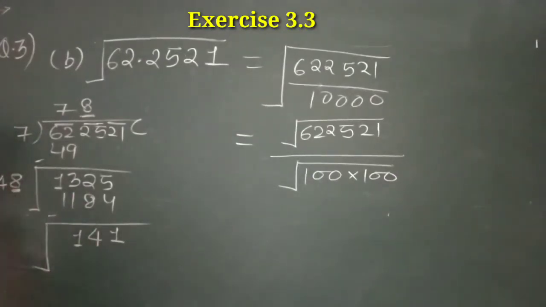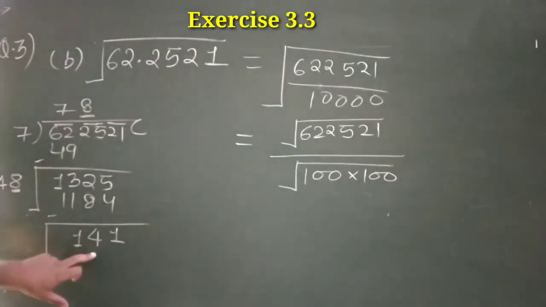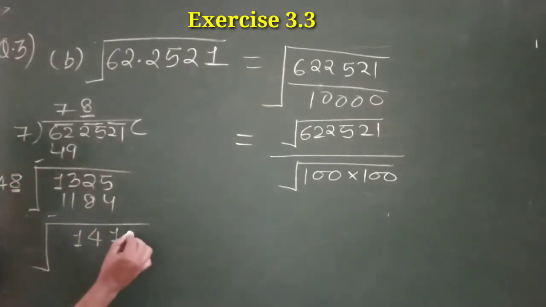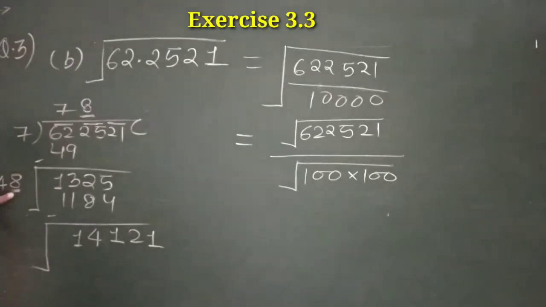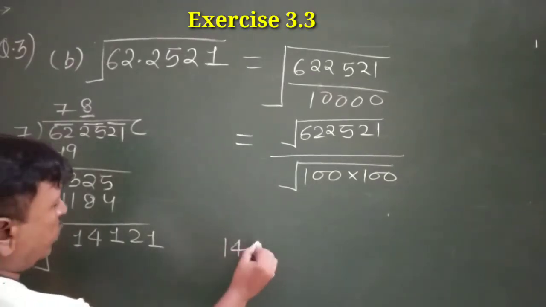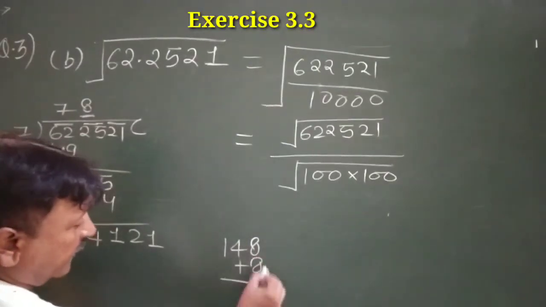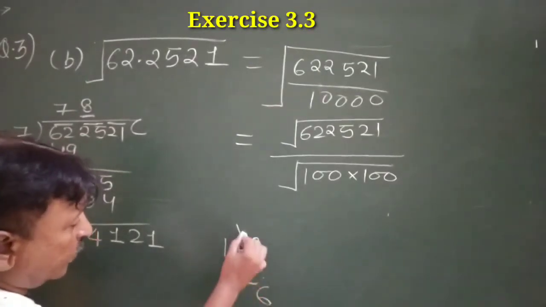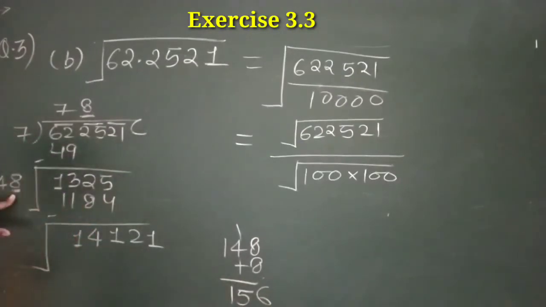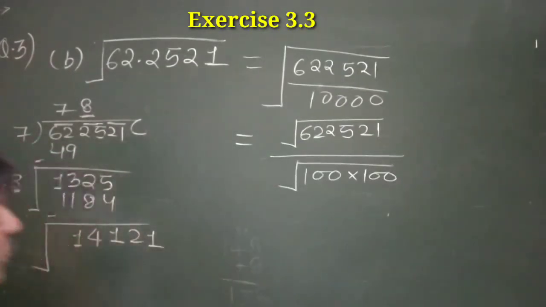Okay. Now, what will be copied here? This whole thing, 21, just copy it here. And see something here. Now, we have to do one more step. 7 double is 14. The work of 7's double, 14, is finished. Okay. This new digit that has come, 8, its double will be taken. See here 148. I will double 8 only, 8 plus 8. 8 plus 8, 16. 4 plus 1, 5. It will become 156. Listen to my point again.